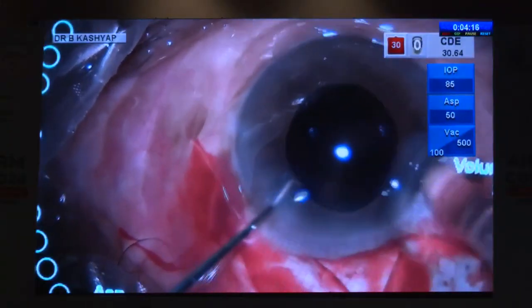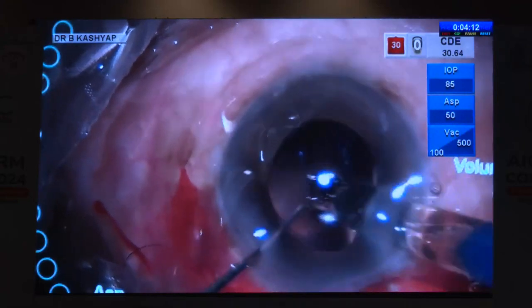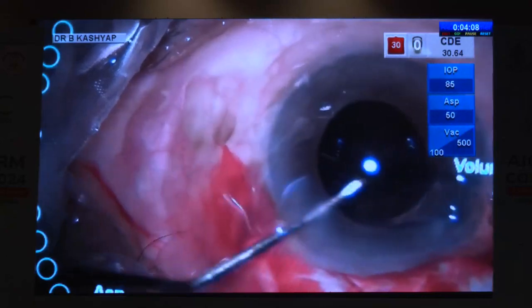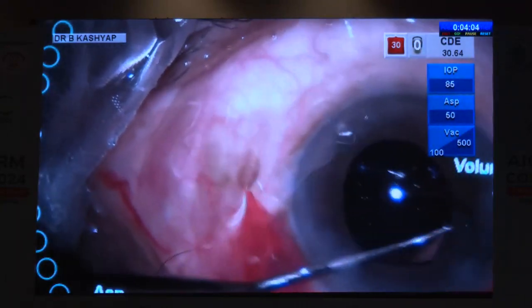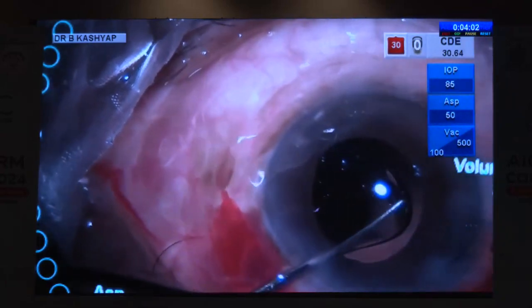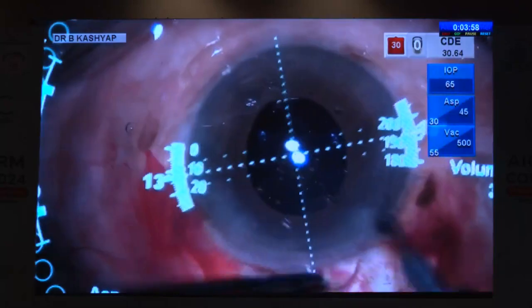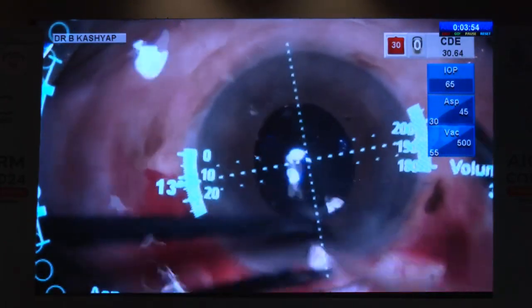This is a very small video clipping. We have made a partial thickness triangular scleral flap, as we make for trabeculectomy. Toric phaco is done, routine phaco, and then the toric IOL is implanted. Now the trabeculectomy punch is being done.